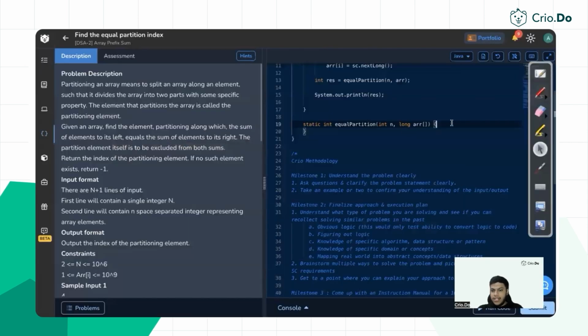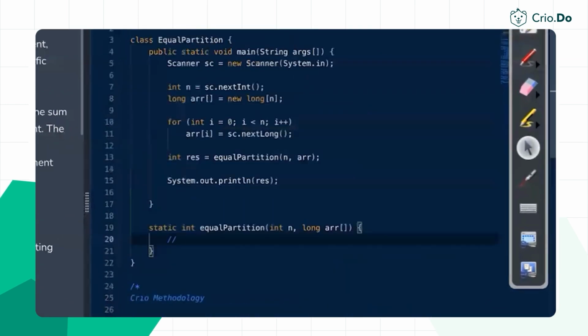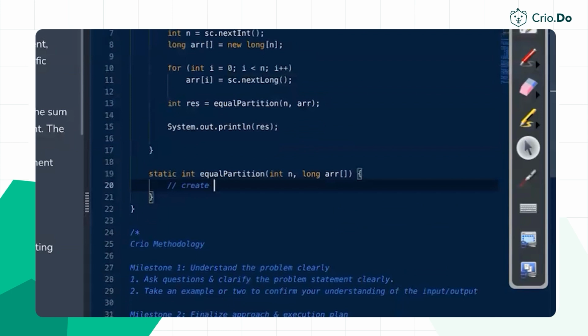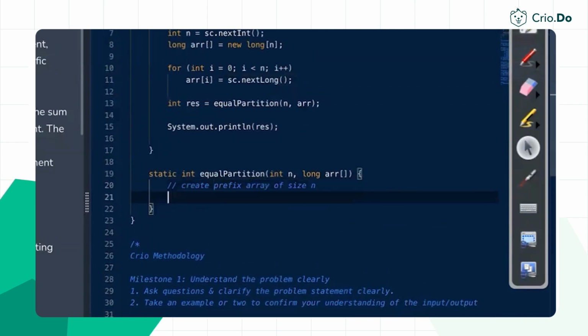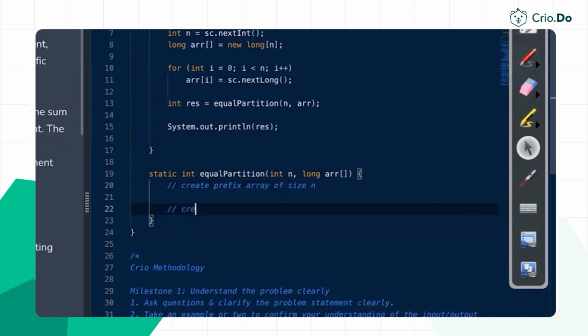So let's write the instruction manual, that is the pseudo code for this problem in milestone number 3. What we are going to do is create two arrays. First we have to create a prefix array of the same size n, which is the input array size. Similarly, create a suffix array. Both of these arrays will, of course, be of the same data type as the input. So create a long array, that is of type long in C++ or Java. In some other languages, it will be some other data type name, but you have to